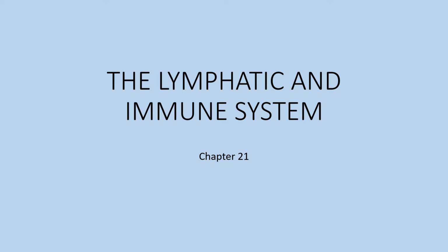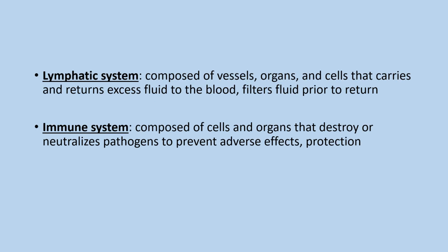This is chapter 21 that deals with the lymphatic and immune system. So the lymphatic system is composed of vessels similar to blood vessels, but not quite the same. These lymphatic vessels are throughout the body. There are some organs that are associated with the lymphatic system and cells that will carry and return any excess